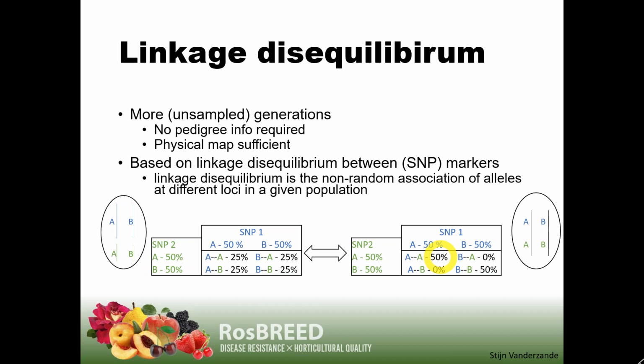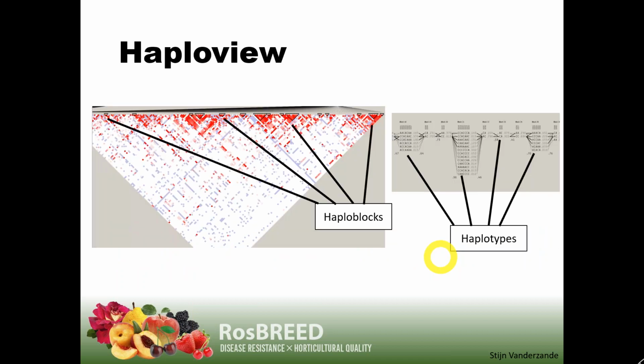That means that they're probably strongly linked, and that also means that over many generations these alleles have been inherited together, and that there's been very little recombination between those two markers. And as such, those would be on a chromosomal segment that is co-inherited over many generations. And so there's a way to do this